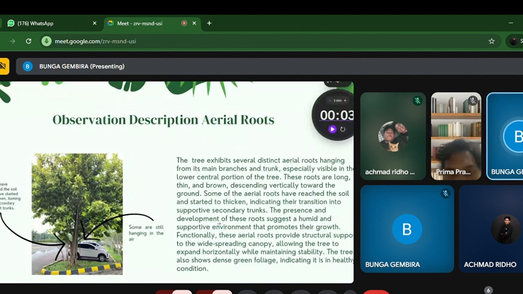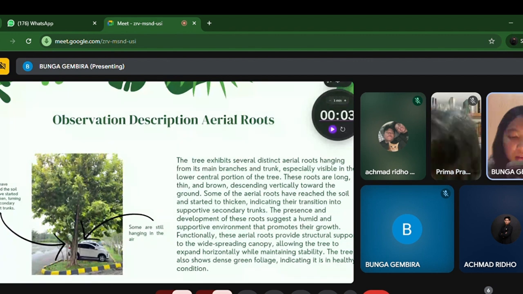Observation description of aerial roots. The tree exhibits several distinct aerial roots hanging from its main branch and trunk, especially visible in the lower central portion of the tree. The roots are long, thin, and brown, descending vertically toward the ground. Some of the aerial roots have rhizomes and are thickened, indicating their transition into